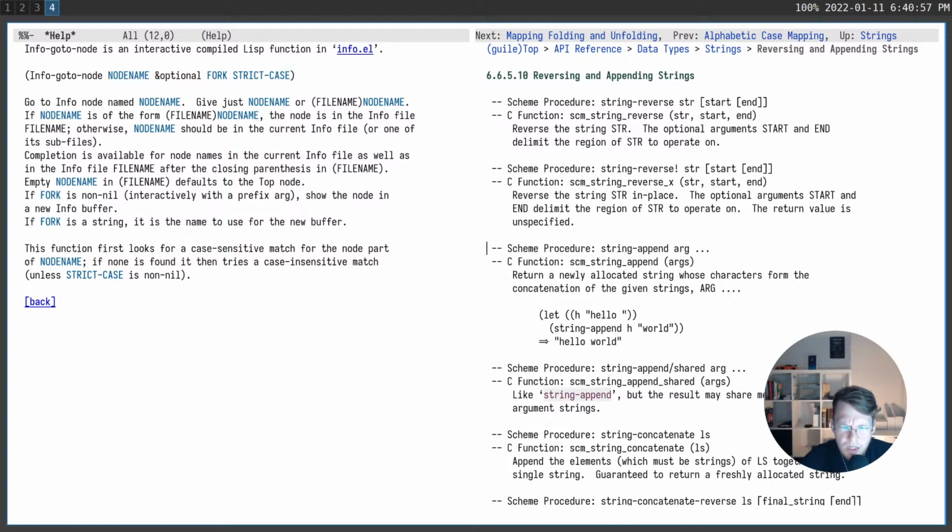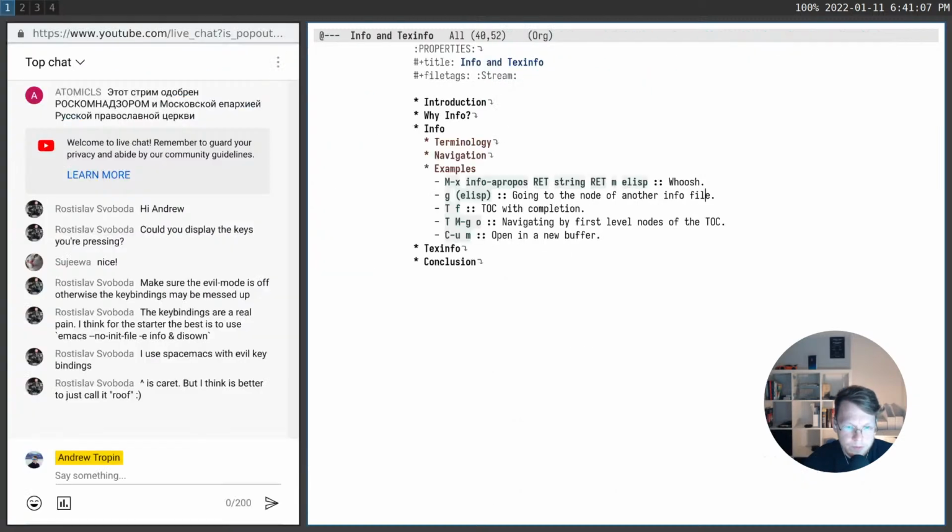And here I can see that there is a string append function inside reversing and appending strings node of guile manual. Cool. It's kinda advanced use case, but still quite cool. We already explored how we can use talk and follow reference function. And also